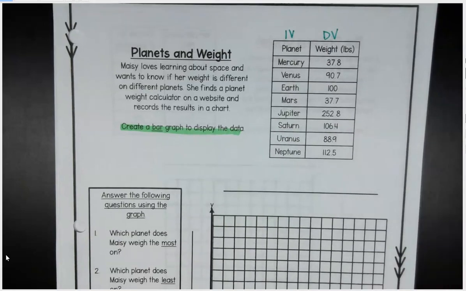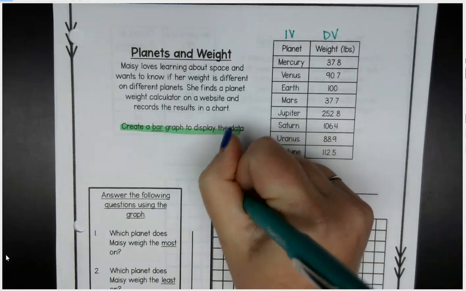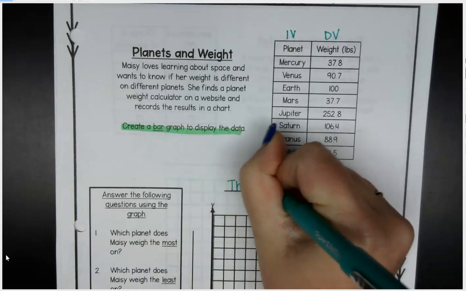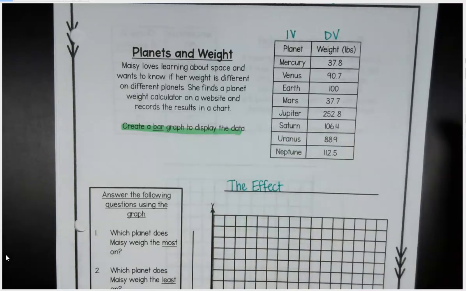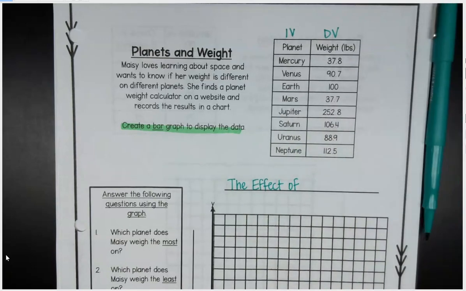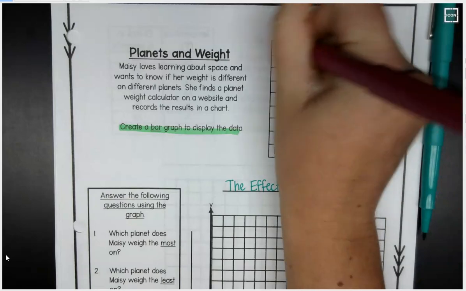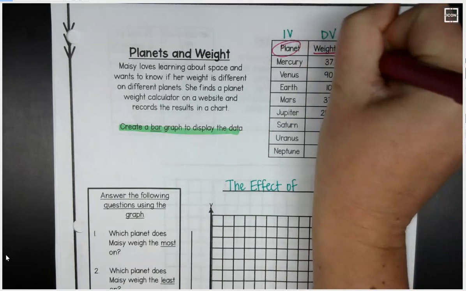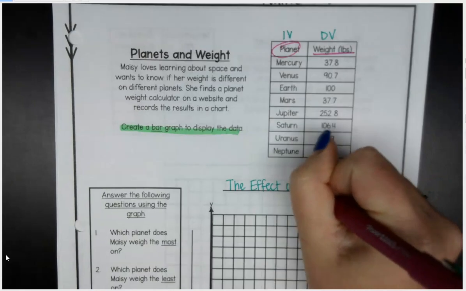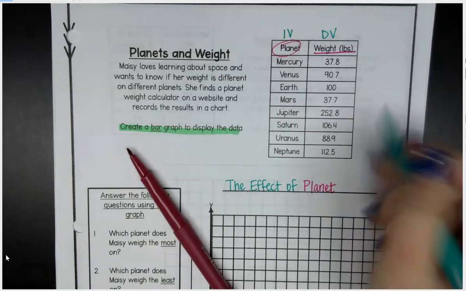When we are making graphs, we are always going to use the title, the effect of, so we've got the effect of IV on DV. So our IV here we said is planet. So I'm going to go ahead and I'm going to circle planet and underline weight, just like we've done with all of our others. So the effect of planet on